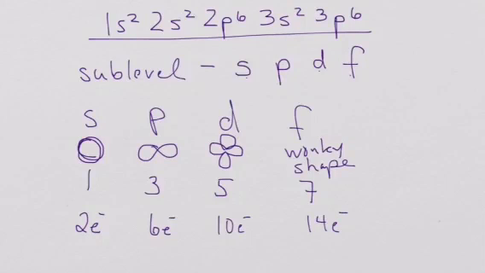Okay? Now, we don't have every single one of these in every single energy level. S's you can find in every single energy level, from the 1st through the 7th. You always find an S. So every time you start a new energy level, you start with an S. The p orbitals don't start until the 2nd energy level. The d orbital doesn't start till the 3rd energy level, and the f orbital we don't start until the 4th